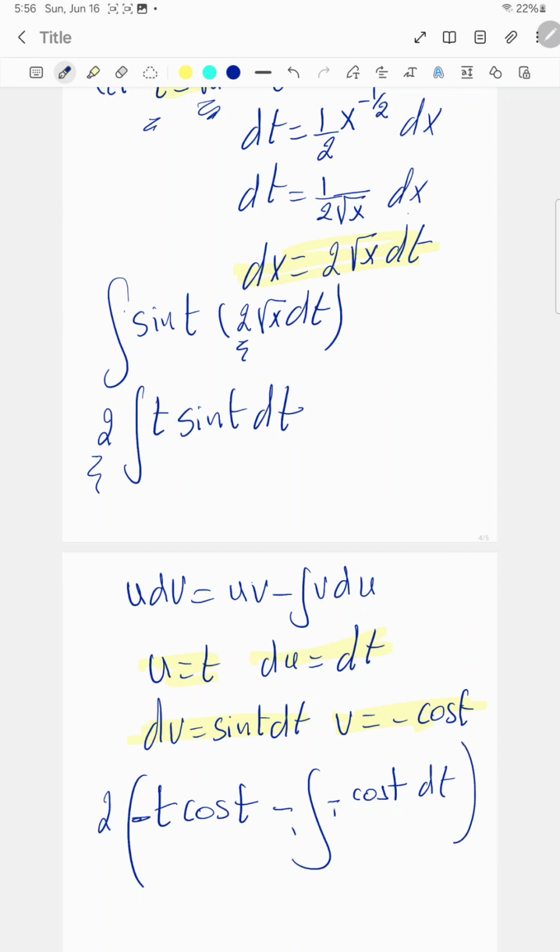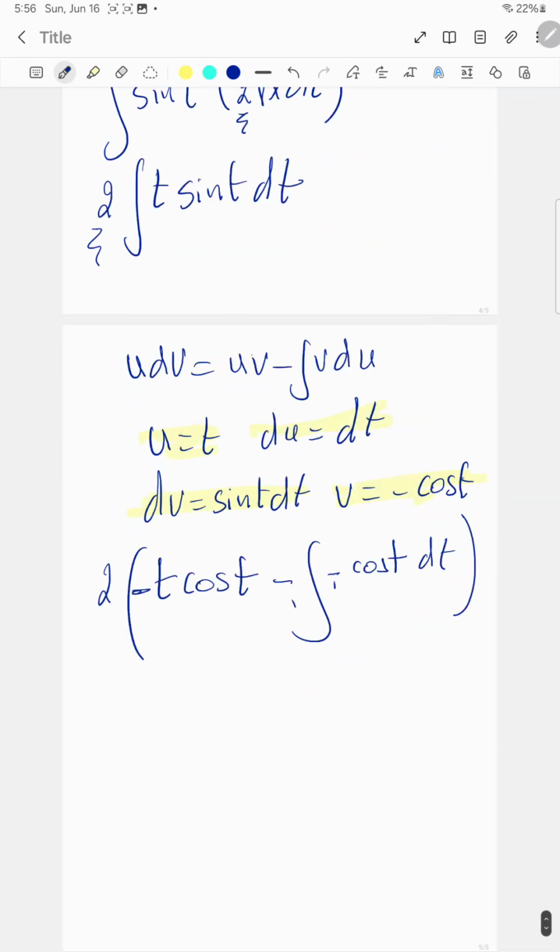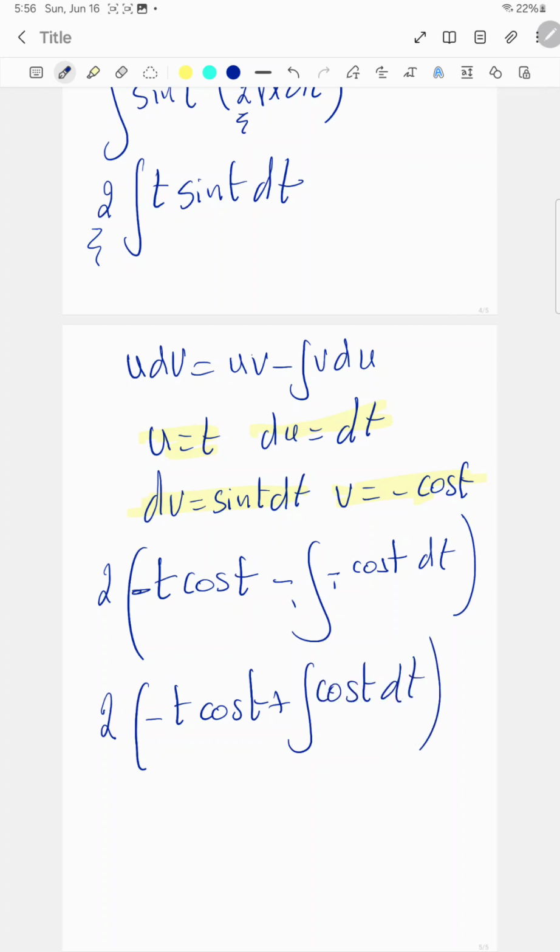So here I know minus times minus is equal to plus, so it becomes 2 times minus t cosine of t plus the integral of cosine of t dt, and I know the integral of cosine of t is equal to sine of t, so it becomes 2 times minus t cosine of t plus sine of t plus c,